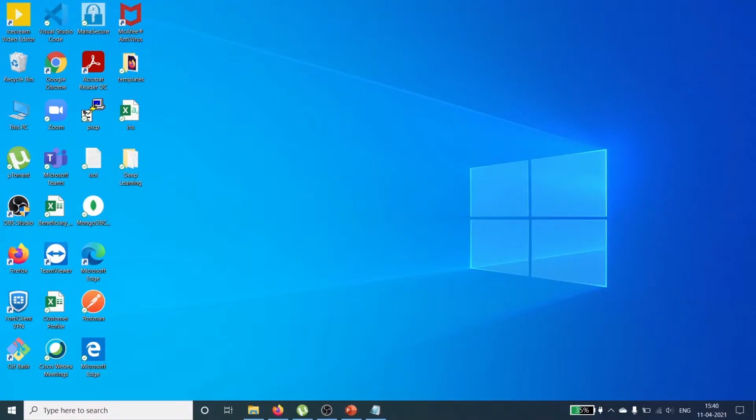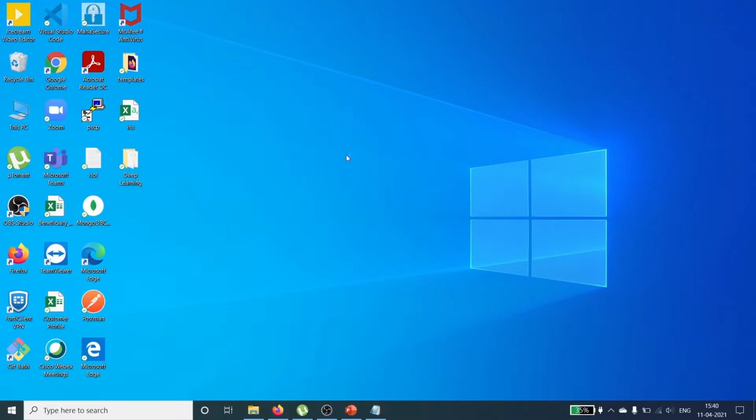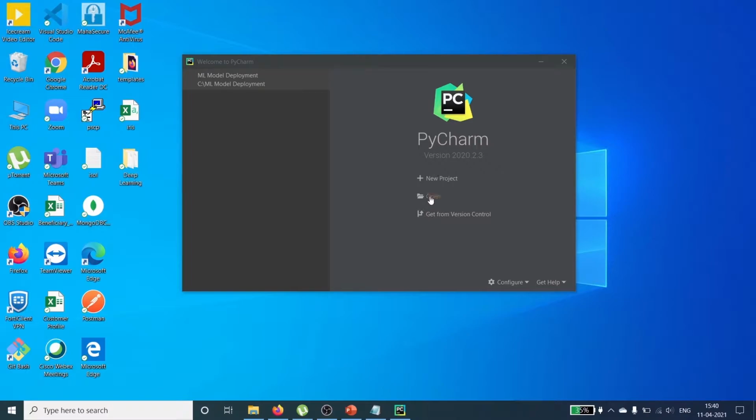I will open my PyCharm. I'll go to Windows and here I will type PyCharm. Now I have to open the folder. So first of all, I will show you the folder, and it is in my C drive.